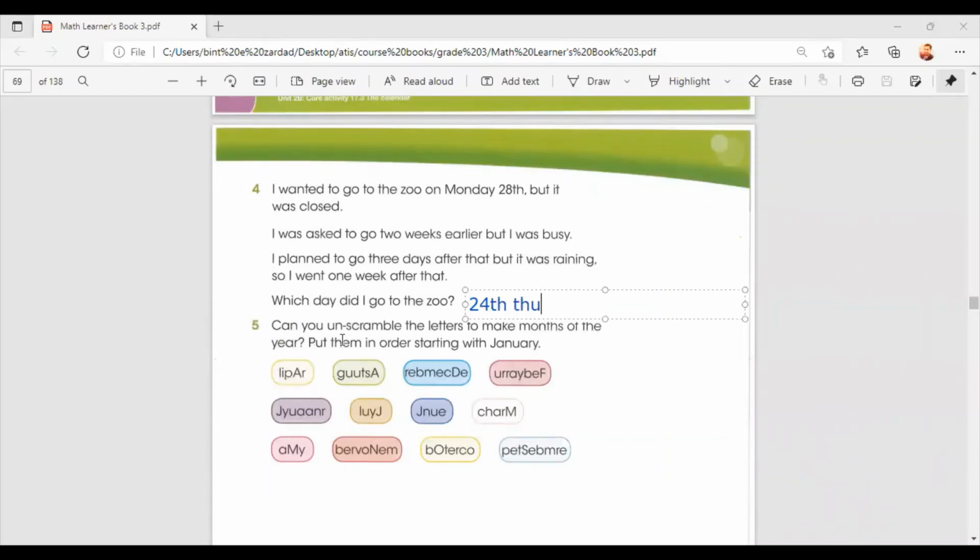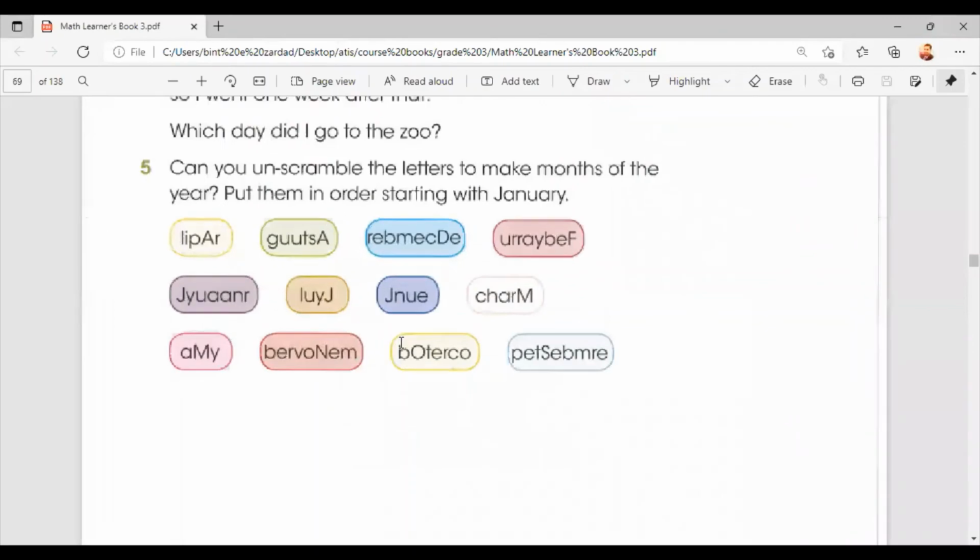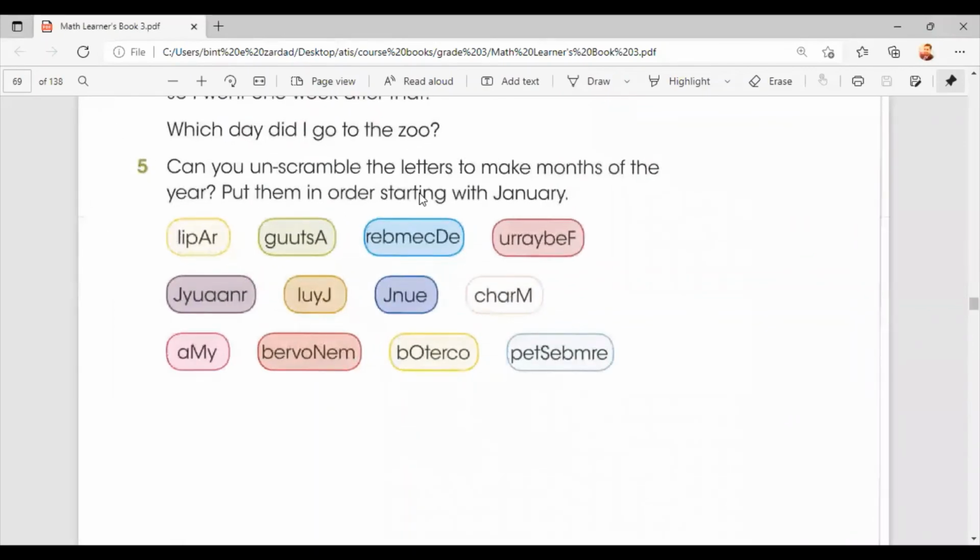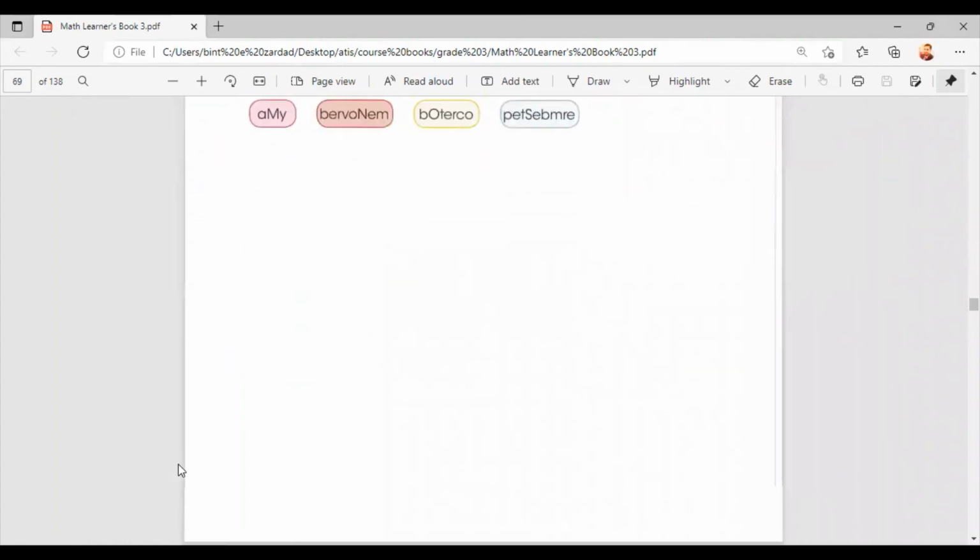Okay, can you unscramble the letters? You are meant to make the months of the year and put them in order. April, August, December, February, January, July, June, March, May, November, October and September. When you're arranging, so January, February, March, April, May, June, July, August, September, October, November and